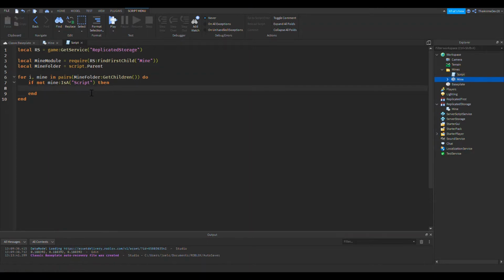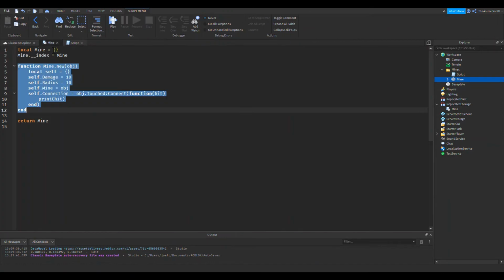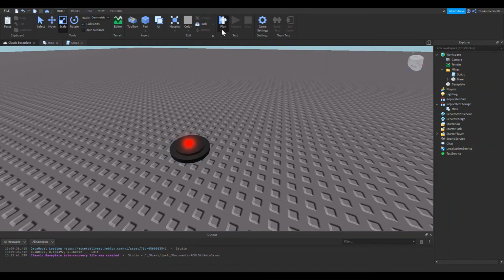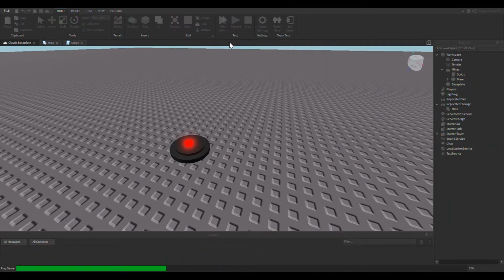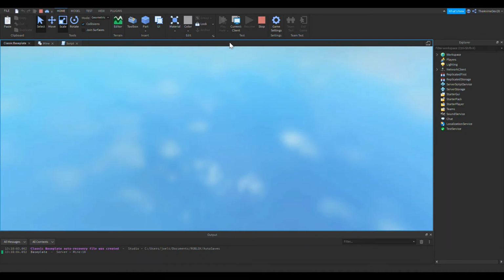it's going to create a new mine. Mine module.new, and then simply this mine. Because again, this is a number and this is the actual object we're currently on. So we're going to create that new mine. So that's all we really need to do right now. And let's just test it. Make sure everything works. So if I play my game, let's see if any errors happen. Let's see if it actually runs.